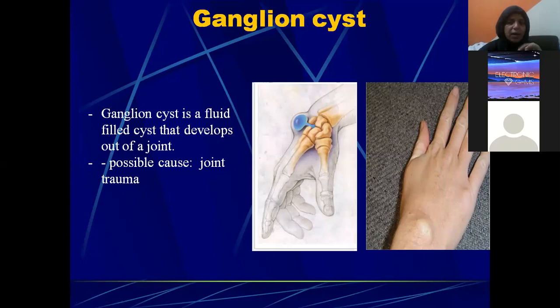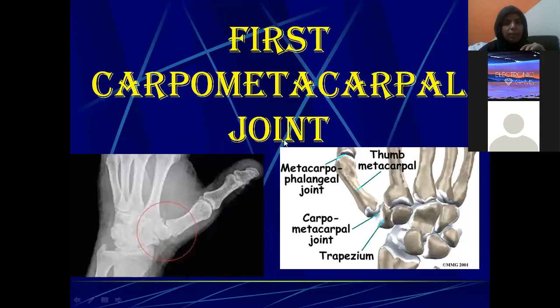So at that area, in the ganglion, surrounding the ganglion, if you find a cyst is formed, then you call it a ganglion cyst. Okay, which is seen on the dorsum of the hand, at the level of the wrist joint. It may be caused due to some joint trauma. After that, this is either a 5 marks or 3 marks question, beta.